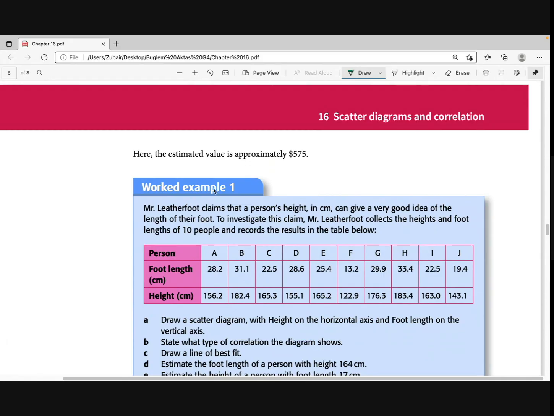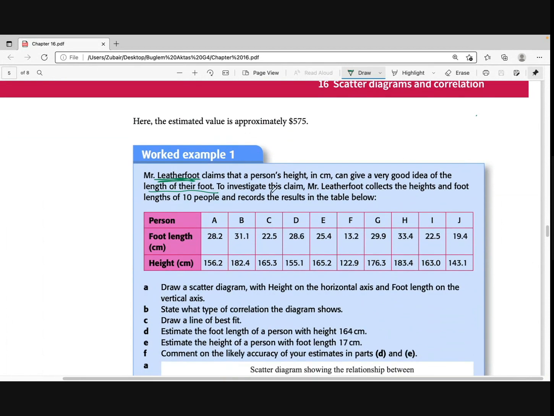And now, while I read this, I should not think, but I'm actually thinking, is that true? I'm having my height in my mind and I'm looking at my foot. This is what Mr. Leatherfoot claims: that a person's height in centimeters can give a very good idea of the length of their foot. Maybe, yes, a taller person may have a bigger foot. So to investigate,